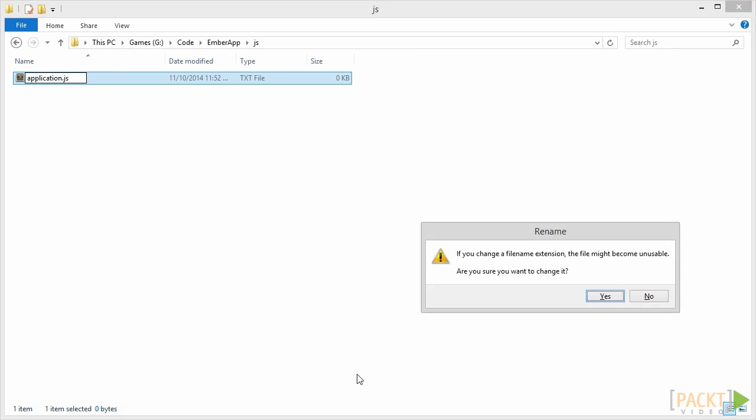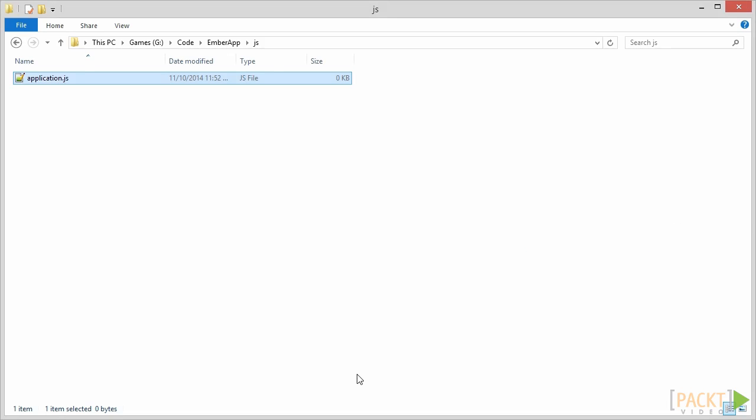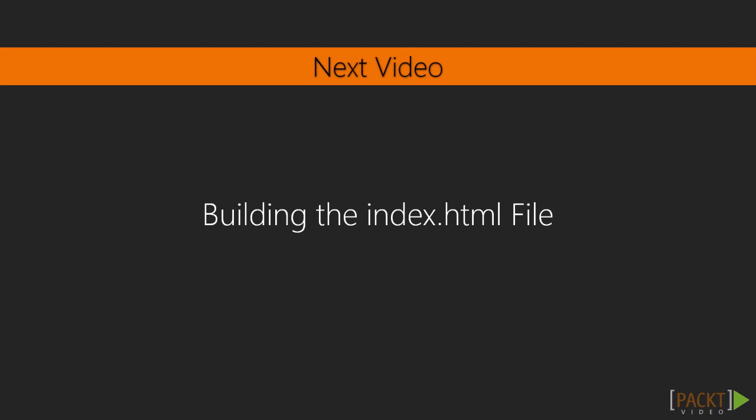With these 3 files, we're set up and ready to go with our simple structure. It's not the best approach to use for a large application, but for now it means we don't need to include a bunch of different files in our index or use a build tool. Instead, we can just focus on learning Ember. In the next video, we'll learn about what we need to put in our index file so that we can see our application run,